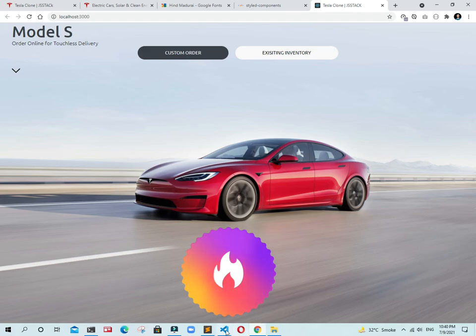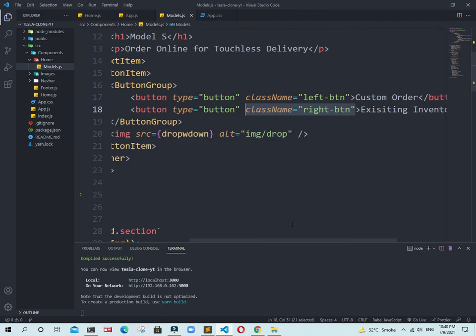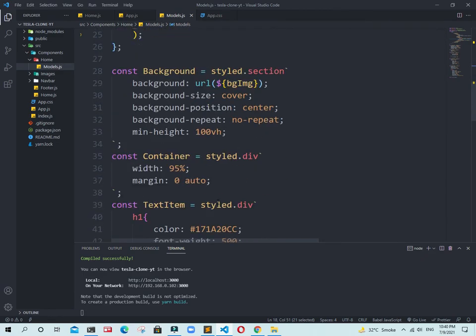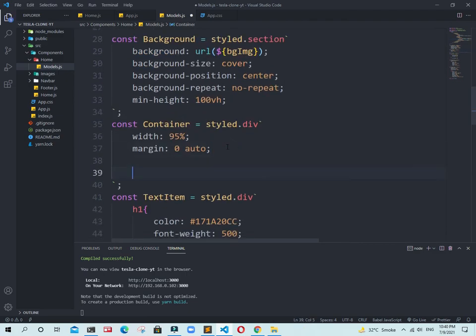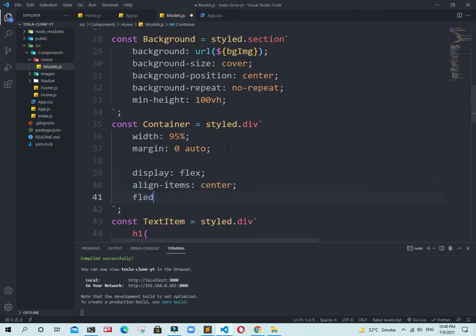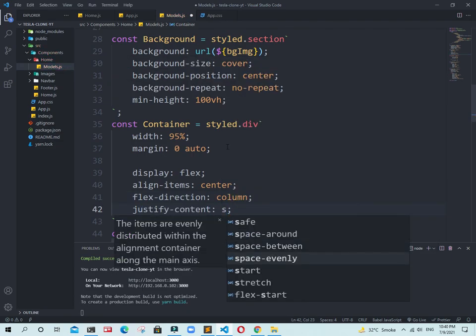So again go back to this, and we need to add flexbox inside the model.js. To this container just add display flex, align items will be centered, flex direction will be column, justify content will be space.